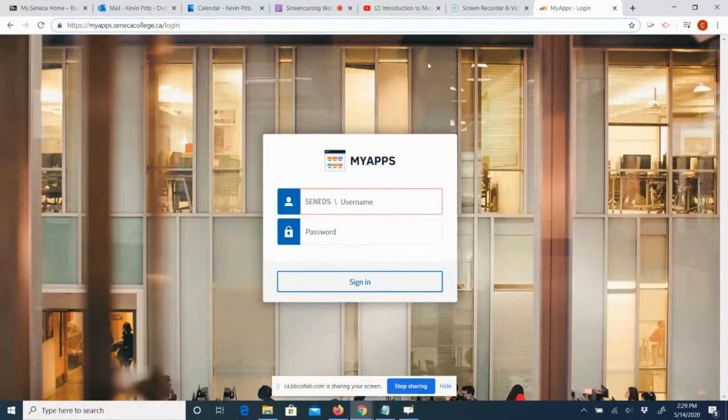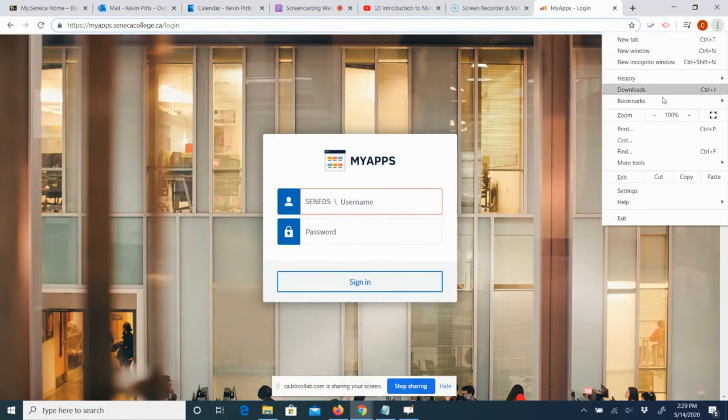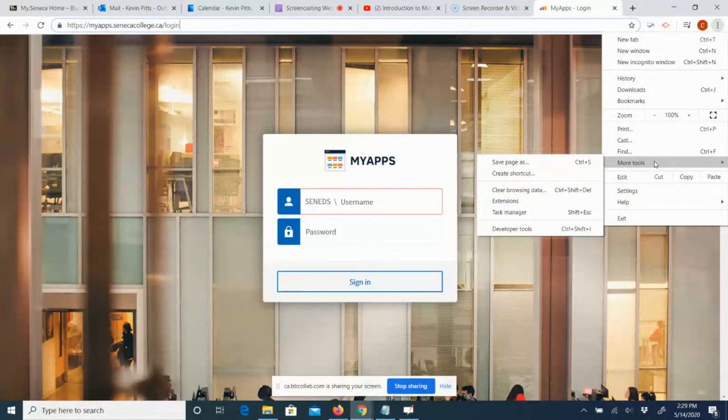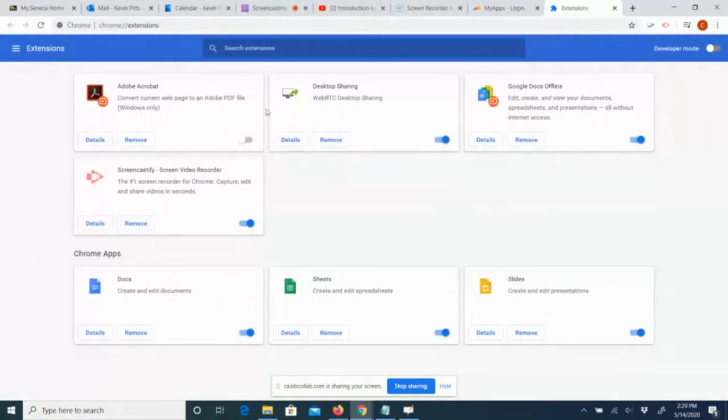So if you want to add an extension, and I was talking about the Screencast-o-matic extension, you can see up in my top here there's the actual symbol for it, very similar to the symbol that Jen showed for Loom. But if you go over in Chrome to the three dots at the side and come down to More Tools, you can see there's the extensions option. Click there, and then you can go up here and search your extensions. And if I type in